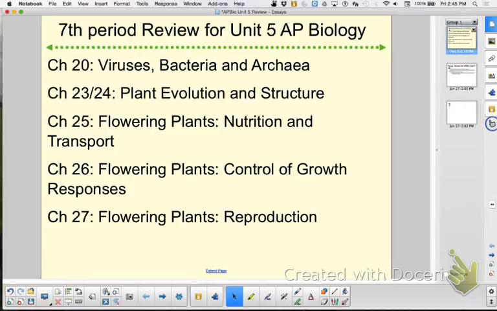Okay, so that is the overview of 25. I'm still going to visit your essays. I'm just kind of hitting all the big ticket items in each one of these. In 26, flowering plants, control of growth responses. So what are some ways to control growth responses we can use? What's the first thing we talked about? Oh, that's great. That is a what though? Hormone. So hormones, right? We can use hormones to control growth responses.